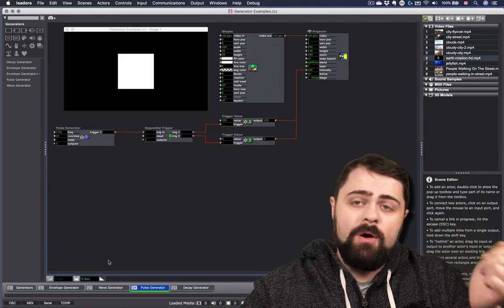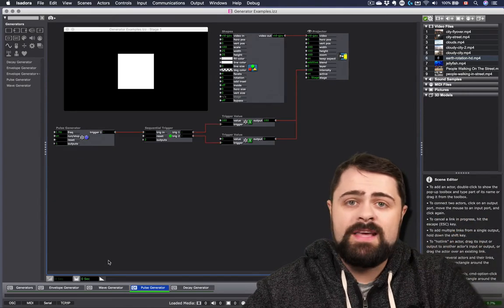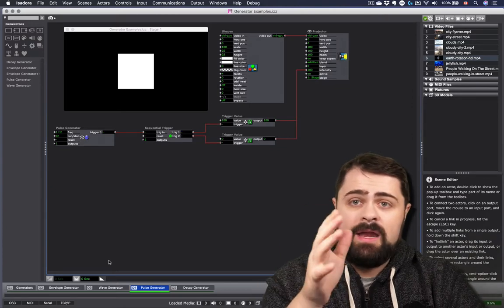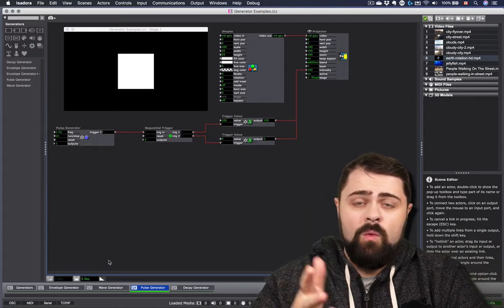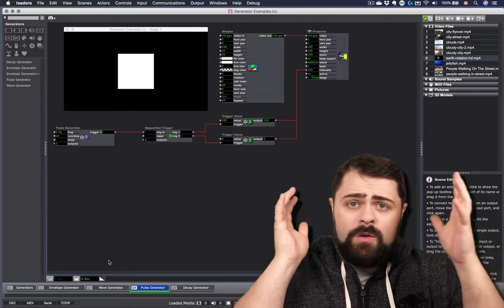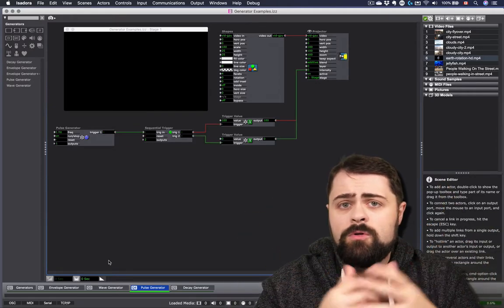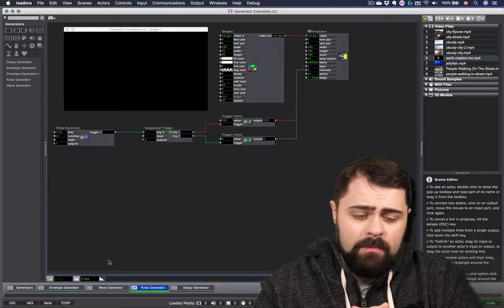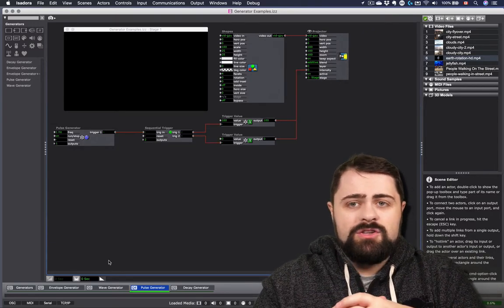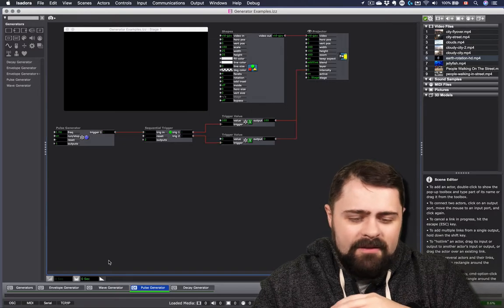In this case, my pulse generator is set to 1 second, which means that it is creating a trigger every 1 second. This is a trigger that works exactly in the same way as the enter scene trigger or the trigger produced by pressing the keyboard watcher. It's just going to go in an automated fashion.